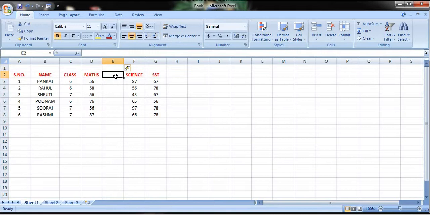One more column will be inserted, and here I will give it English marks, and suppose here Pankaj got this much, Rahul got this much, Shruti got this much, like this I can fill. Getting? So this is the way to insert row and column.